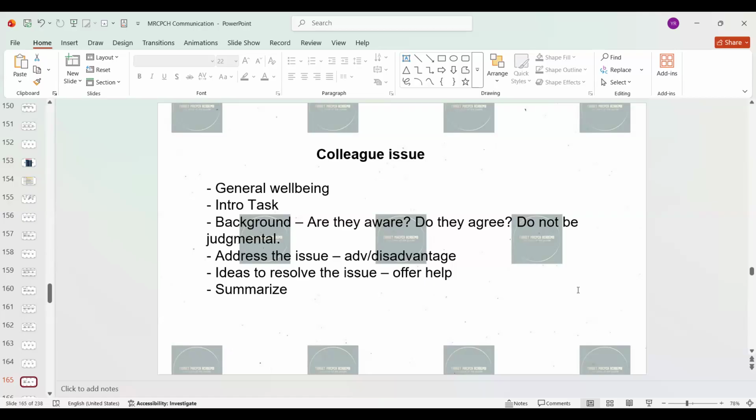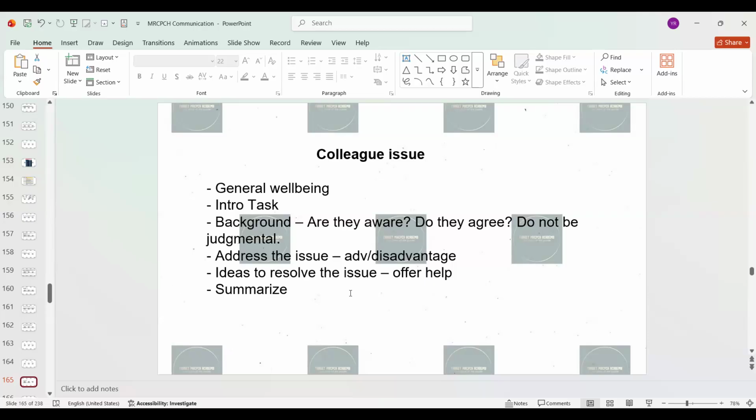After you finish, you summarize like any other scenario. So always, in a colleague issue, ask about the general well-being. Don't be judgmental. Talk about what the issue is, and if you have some ideas to resolve it, direct him somewhere like an occupational health team or anything which should be helpful for him.